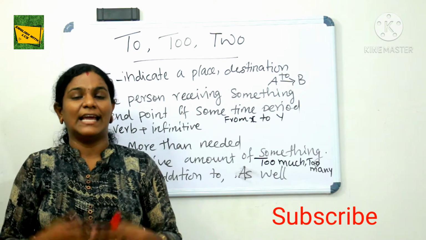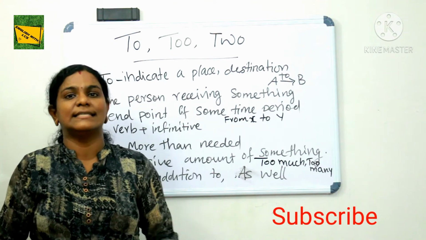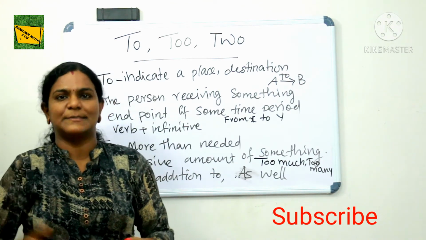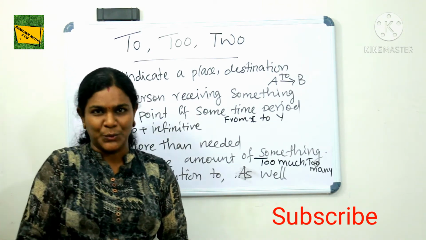And we can say I am waiting for him from 5 p.m. to 6 p.m. or I waited for him from 5 p.m. to 6 p.m. That means you are giving an end point there. And the next "to" is